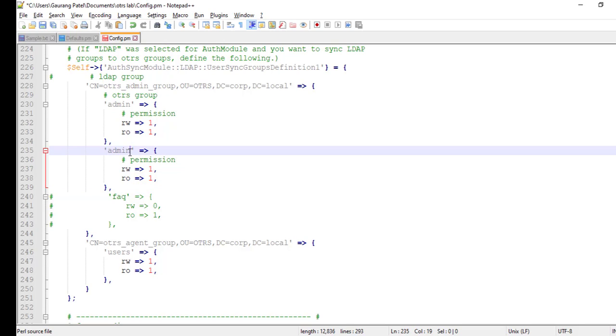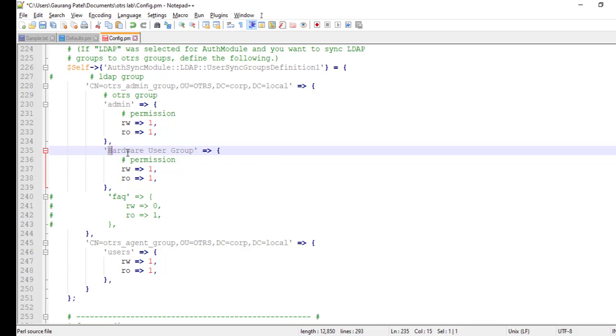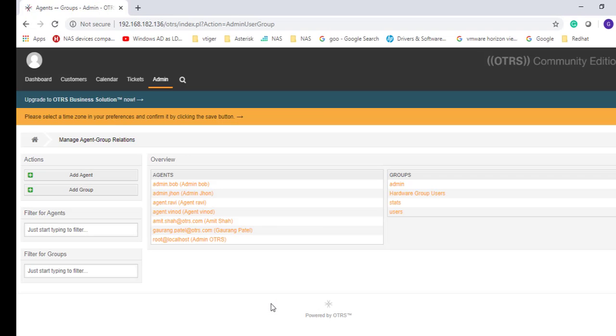Paste. What is the group name? Hardware user group. So be careful. Confirm once again. Hardware group users.